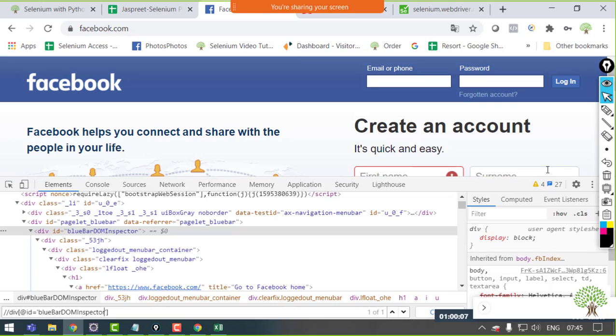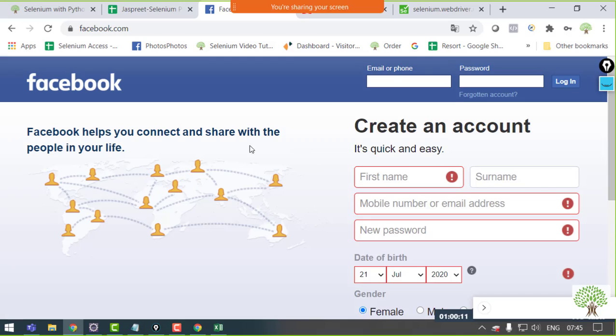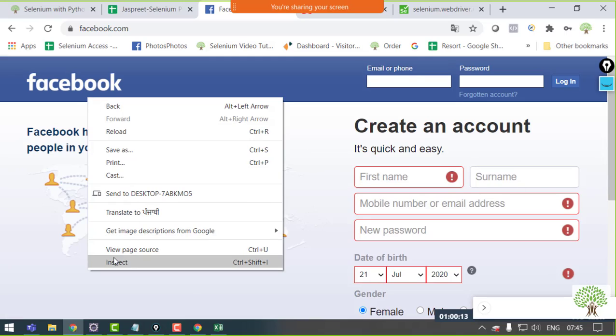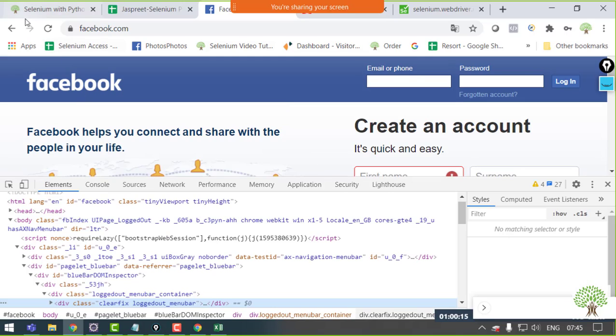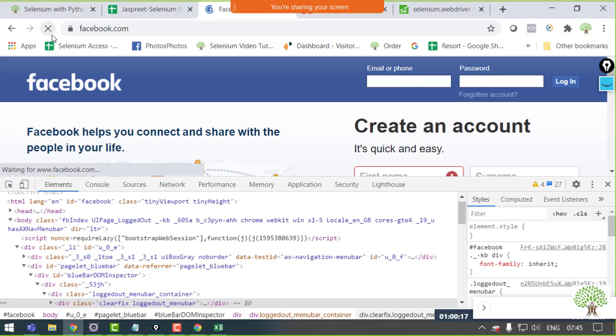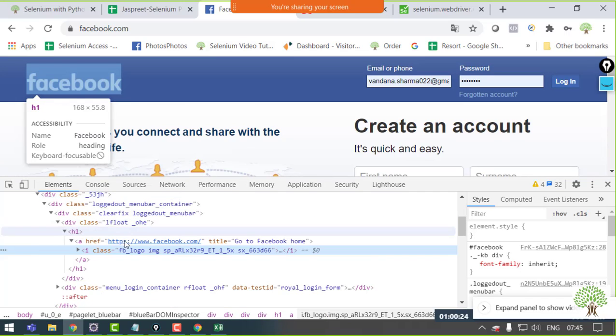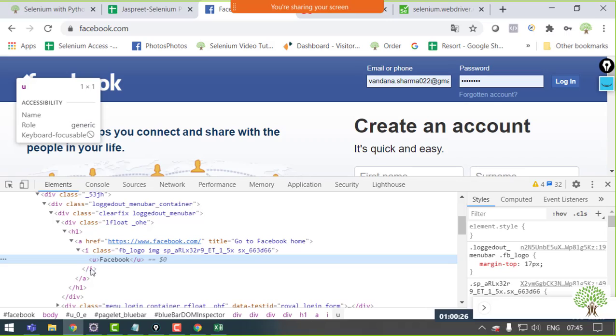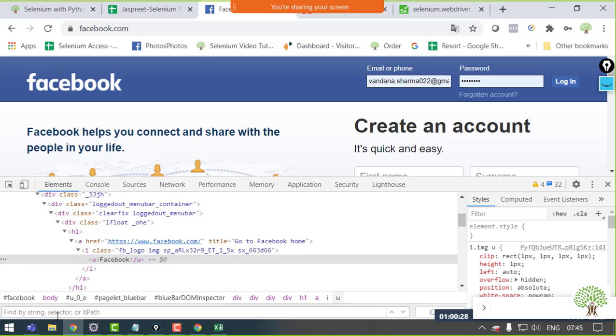Fine. So there's some issue. It's not highlighting the page. Let me just make it once again. Let me just inspect it again. Or let me refresh the page as well. Okay. I'll inspect this element again. / div @ID equals to.